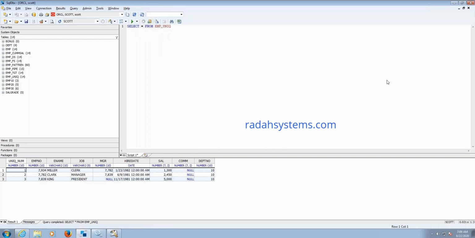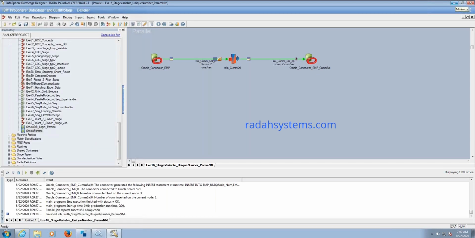Now we are able to see the 10th department data. So this is about parameter set and job runtime parameter.